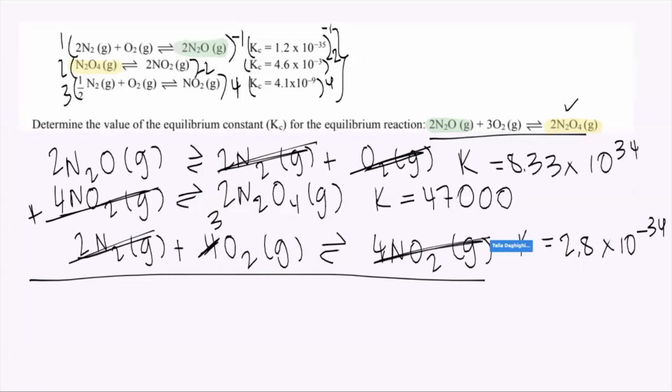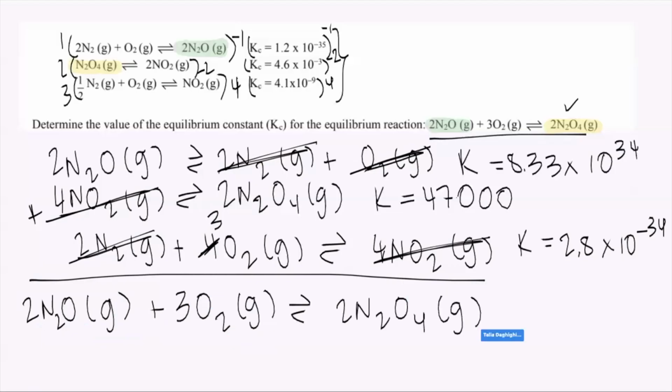Oh, that's another pathway you could have gone down for reaction 3. So now I'm going to write our new reaction, and spoiler alert, it is going to match the reaction that we have. Okay, there's our reaction. So we've done step 1, or I guess like the second part. Now we need to calculate K,